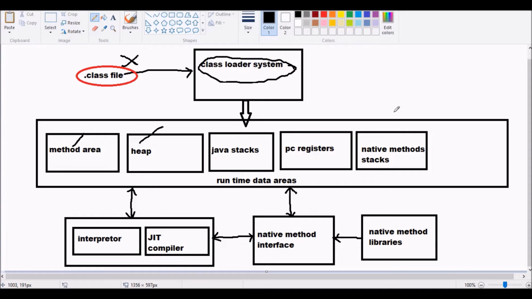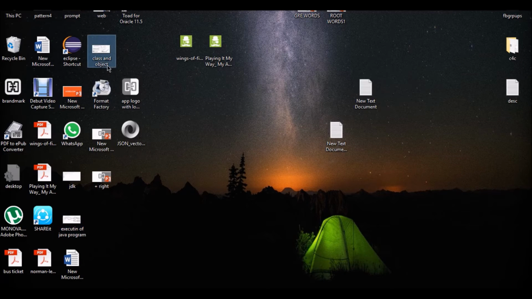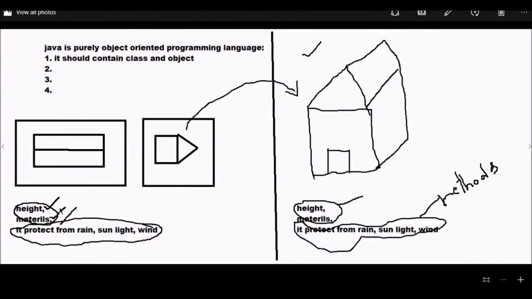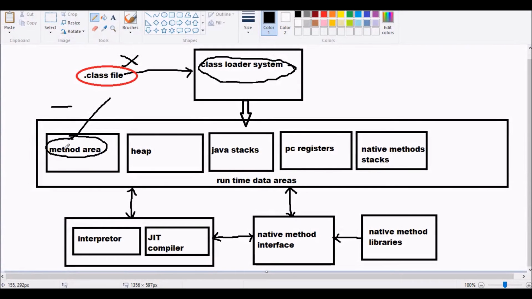So these are the five memory areas in the JVM. The first one is the method area. In this method area we are going to store whatever classes, static methods or static variables are there. See here, these are variables and these are the methods, so they are going to be stored in the method area.